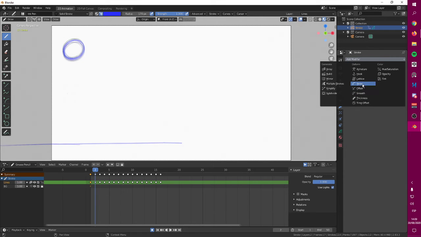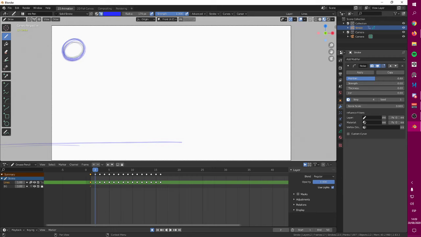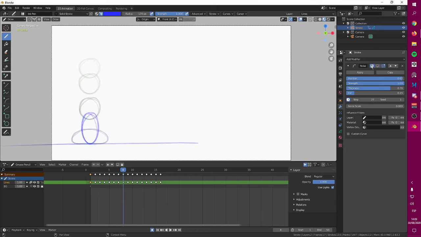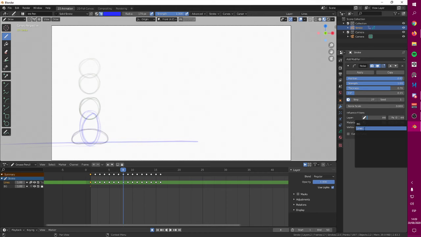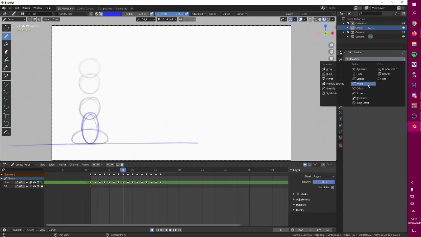For example, there's this noise one. The noise one can change the way your whole animation looks. I don't know what it's doing, but it's doing something. If I disable it, you can tell it changes. You can even apply this only to one specific layer, like only to the bouncing ball by pressing here, influence filters layer, or you can apply it only to a certain material or a certain color that you are using. It can be very specific.